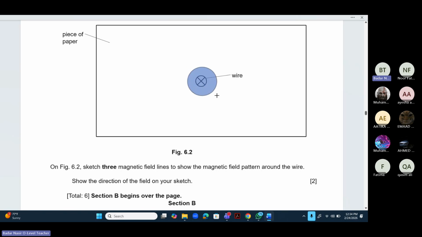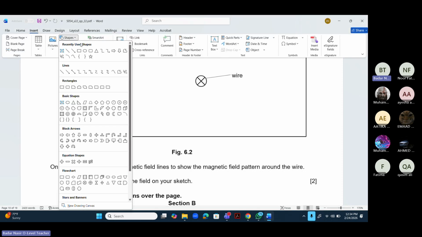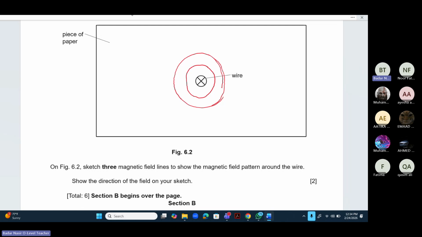So we have to draw three field lines. ओके बस अच्छा मैं ऐसे ही ड्रॉ कर लेता हूँ खैर वो आपसे ये कह रहे हैं कि वी हैव टू ड्रॉ इनके स्पेसिस रेगुलर हैं। यस लेकिन वायर के करीब तो ज्यादा मैग्नेटिक फील्ड नहीं होनी चाहिए, तो एक क्लोजर नहीं होनी चाहिए वायर के करीब।